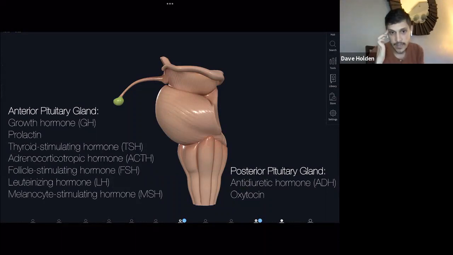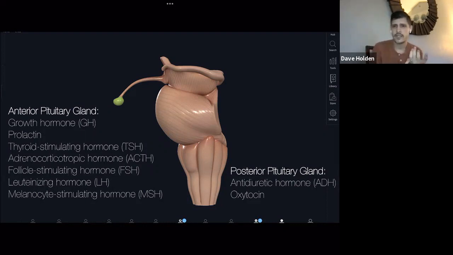So cutting deep into the brain this time, we have the pituitary gland. It kind of dangles like a cherry from a stem, and it's located just about in the geographic center of the brain. It's like behind the eyes, right in the sella turcica of the sphenoid bone. So the anterior and posterior pituitary lobes are producing separate hormones. So the anterior pituitary,